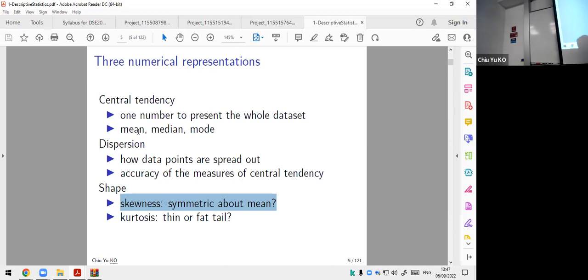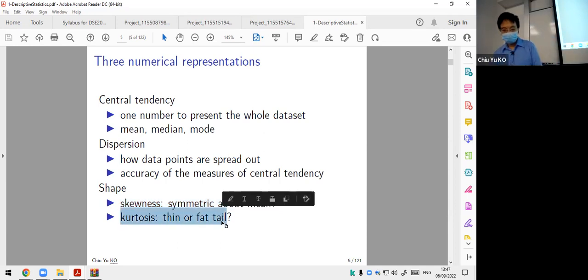That was the thing. Now, the last one is kurtosis. This one is a little bit more technical. Kurtosis, you can imagine it's related to the dispersion idea. The more dispersed, the larger the kurtosis. But it's not talking about how the data spreads compared to the central tendency. It's talking about how big the tails are, how big the extreme values are. If the extreme values are very extreme, then kurtosis is very big.